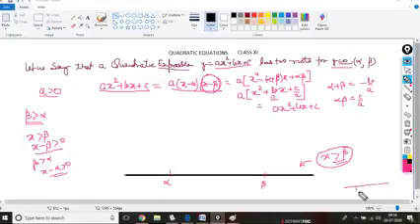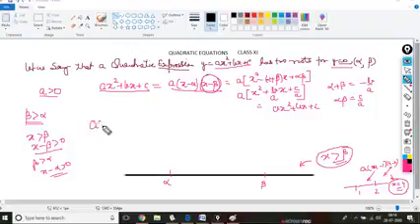Let's say I'm talking about 1 and 2, and I'm taking some point over here, x equal to 4. Then for x equal to 4, the expression will come out as a into 4 minus 1 into 4 minus 2. You see, both of them are positive. So for all the x's which are greater than 2, x minus 2 is greater than 0 and x minus 1 is also greater than 0. So we have got the term x minus alpha positive.